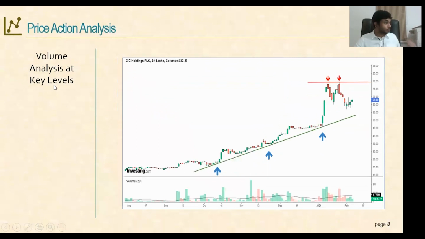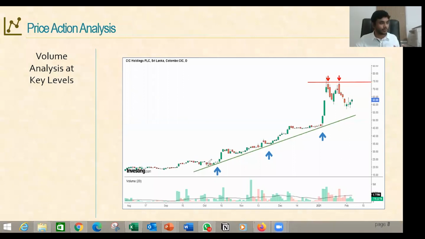Another example, volume analysis. It is very important to understand and keep a close eye on the volume movement at these particular levels whenever the price touches these supports and resistance levels. You can see during this trend support level how the volume movement is increasing, and during the trend the volume is increasing, and finally you can see again the price starts to touch the trend support. We can see the volume bars increasing, and then when it touched the second time, there is resistance.